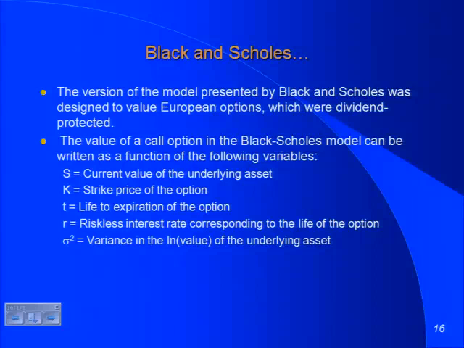Remember the example I gave you: $50 stock price, there's a $2 dividend, the stock price is likely to drop to 48. If you had a dividend protected option, your strike price would also be lowered by $2 if there's a $2 dividend. In other words, I protect you against the stock price drop by adjusting the strike price. There are no options in the real world that are dividend protected. So this was just an exercise they went through to get rid of dividends from their equation. Clearly, we've got to bring dividends back. We can't just value options on stocks or assets with no dividends.